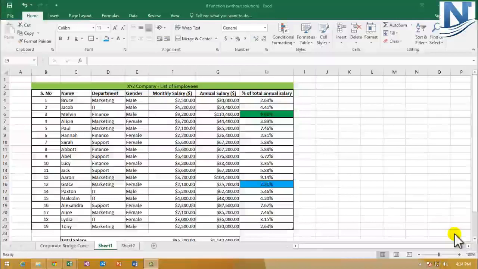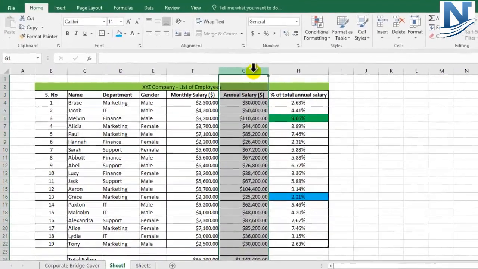Hello friends, welcome back. This tutorial is really very important because we are going to start with one of the very important functions in Excel, which is called the IF function. So the case that we currently have is for the 19 employees. We have the annual salary, but we do not have the effect of tax paid. When we talk about salaries, always a part of the salary goes to the government as taxes. As of now, we have not included or calculated taxes.